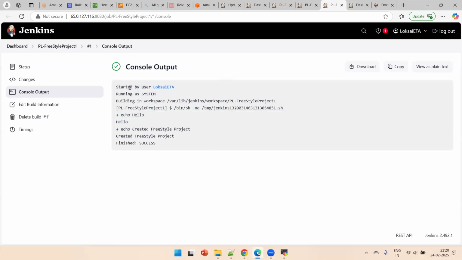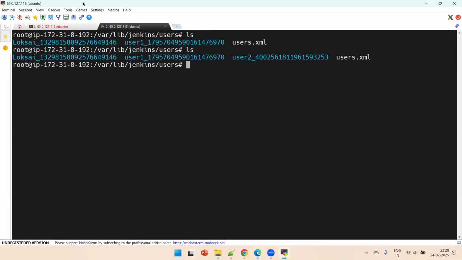Like this job was started by this user. It looks like ETA is the full name of this user, and it is running as system. It means it is running on a master node, and it is building in a workspace. That means within your Jenkins server, under this Jenkins folder, you can see there is a workspace folder created with the project folder. If you go to your system level,